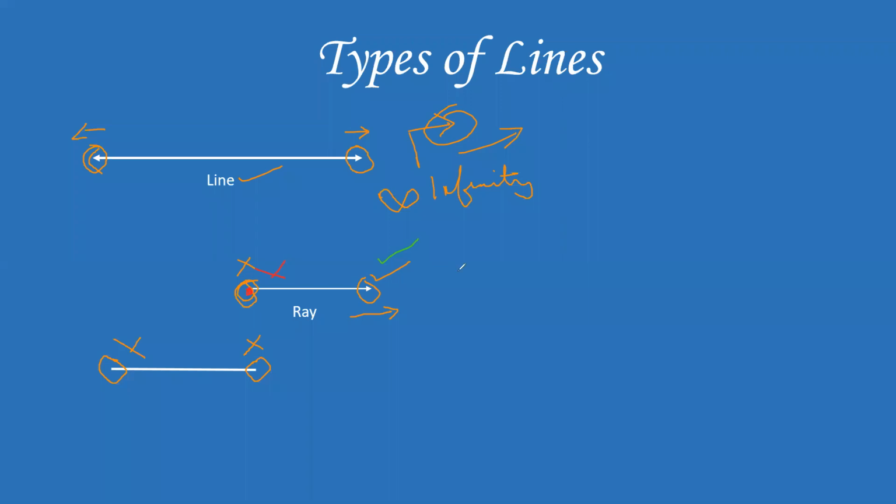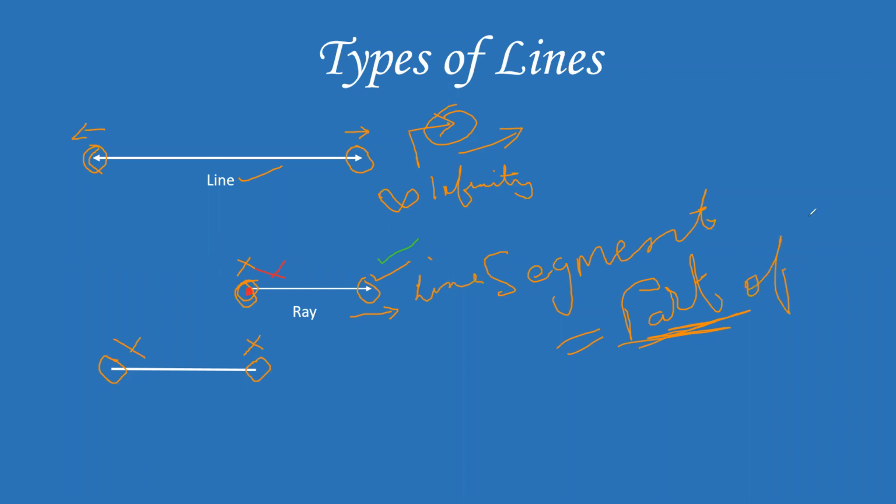So what does a segment mean? Segment means a part. Yes, exactly. A segment means a part, and obviously a line segment will mean part of a line. This is the direct translation of what segment is. If I cut this line over here and take it down like this, I get this. So it is a line segment.